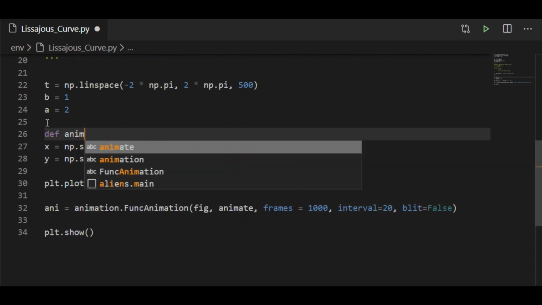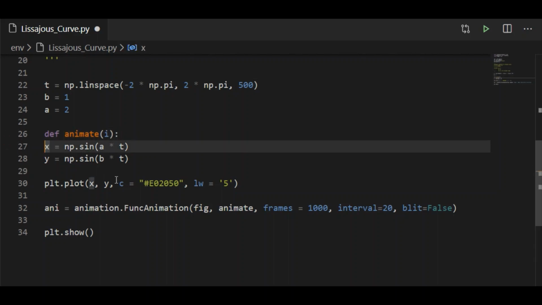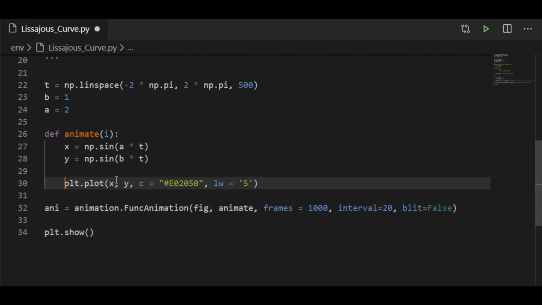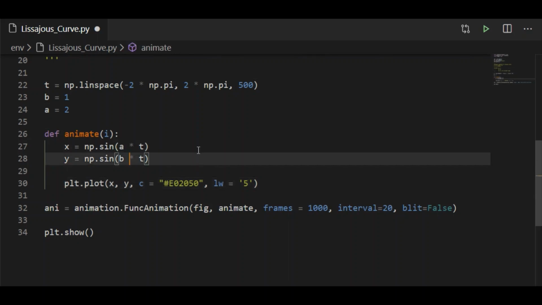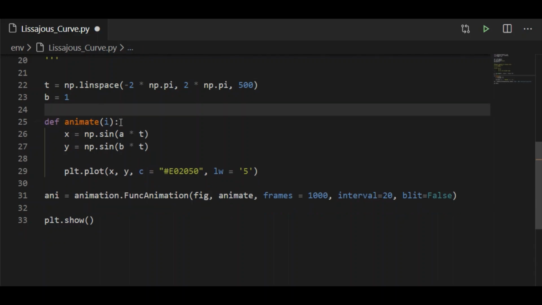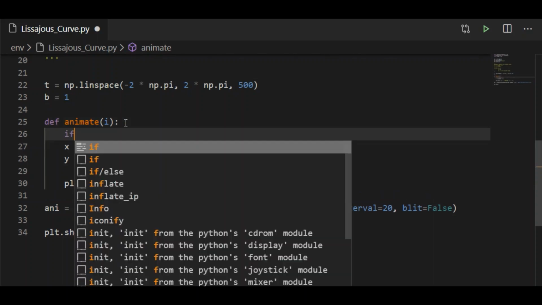So we will have the animate function by taking frames as the parameter, that is i, based on which x and y parameters shall be varied as a function of i. As mentioned, x and y shall be varied as a function of i.